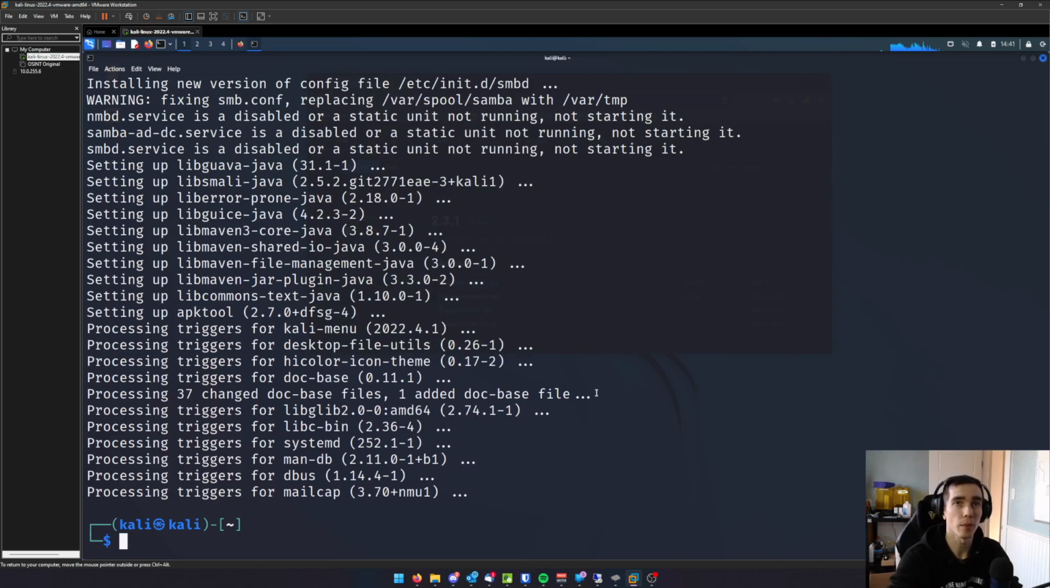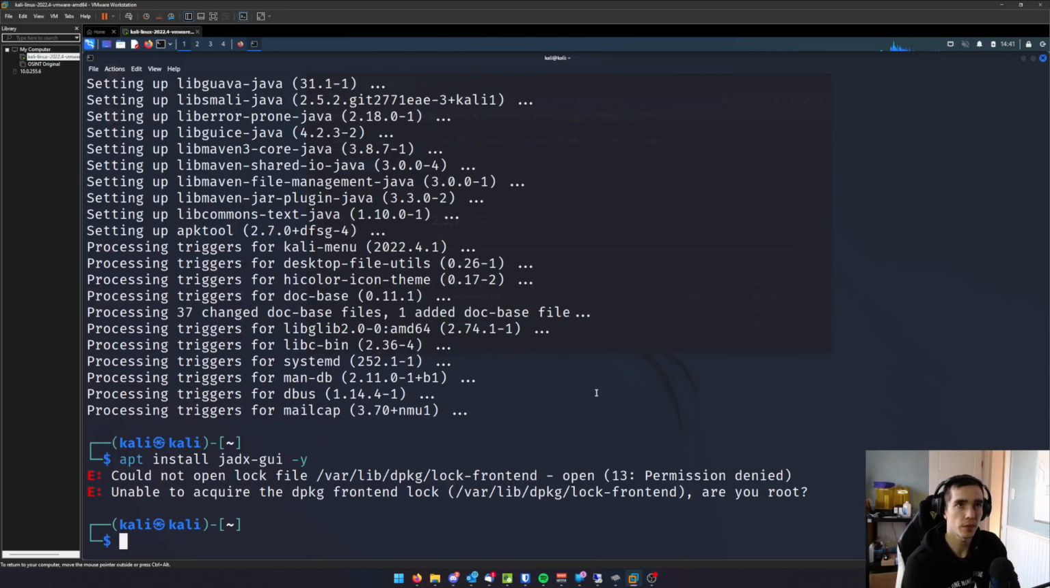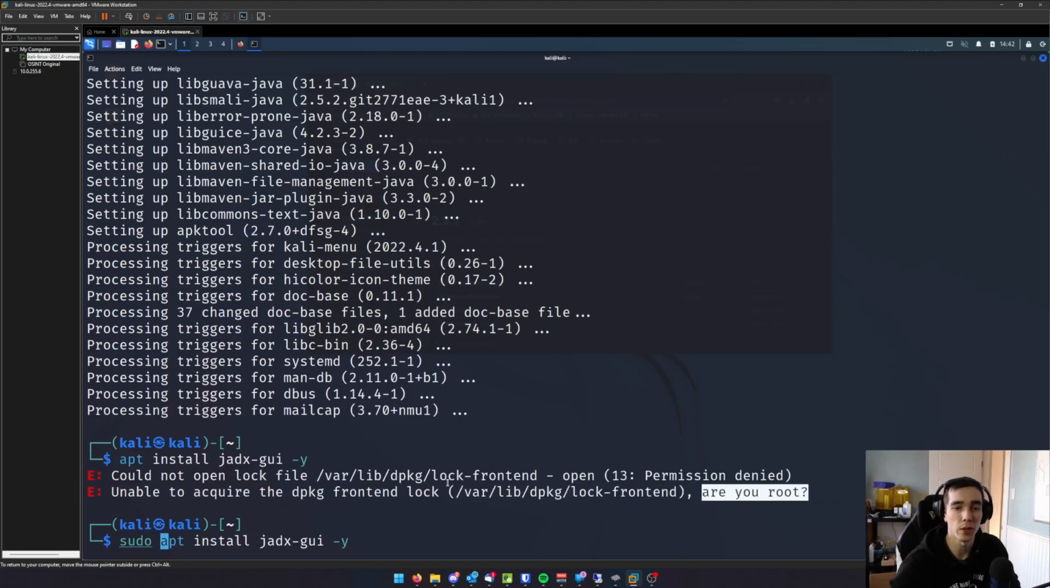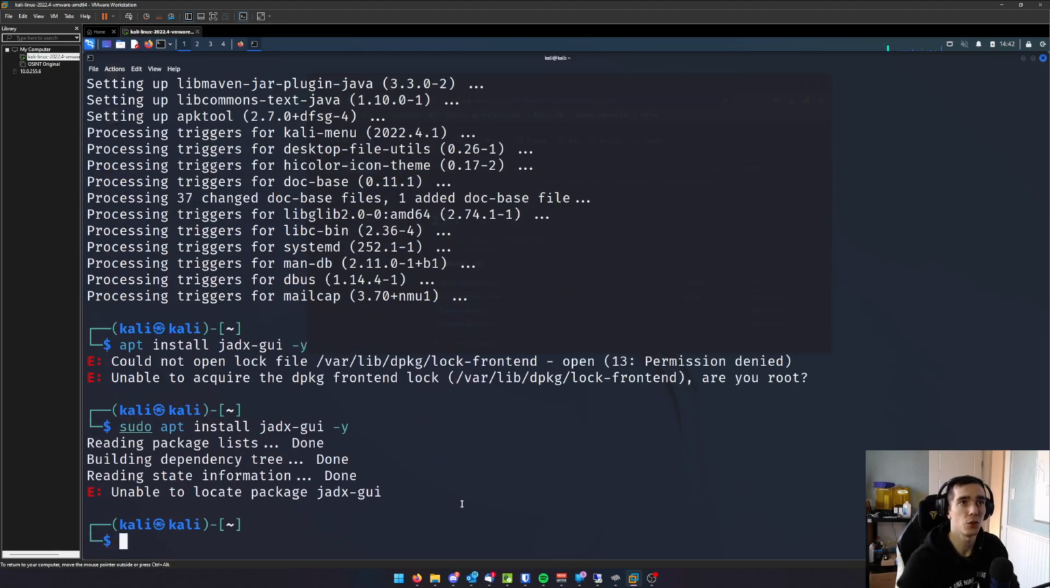So I will show you the other method of installing the second tool we are going to need, which is similar to what we just did for updating. We're going to type apt install instead of update jadx-gui. And in this case, I like to put a -y because then that removes one of the prompts that says, do you want to install this? Oh, I apologize, I forgot to do sudo again. So we want to run this as a super user. And you can see the error message here, unable to acquire the frontend lock, are you root, so it tells us what our mistake was there. So adding that sudo,